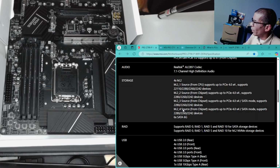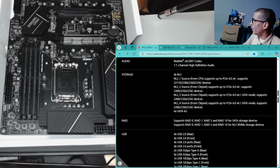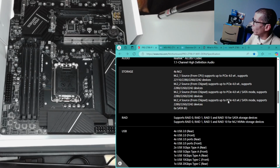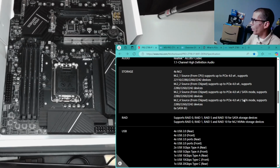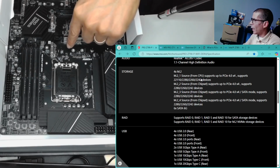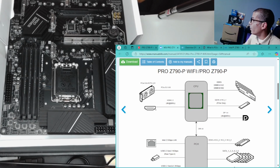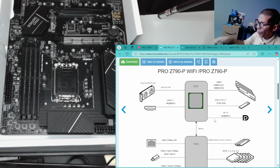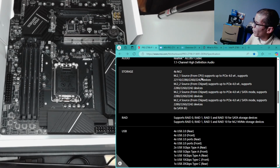It also tells you about the chips, the storage compatibility, SATAs and SSDs and NVMe, etc. And this one in particular talks about your SATA ports, which you have several built into the motherboard. The one that says CPU, they're talking about this one up here. And real quick, we'll just change to that. When I was talking about how the motherboard is separated internally based on the speed and hierarchy, this is a good representation of what they're talking about over here, where you have this particular slot,